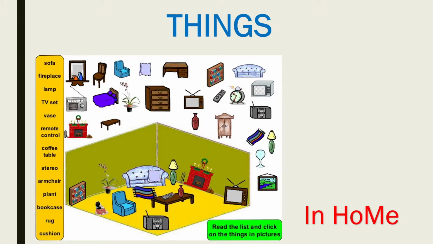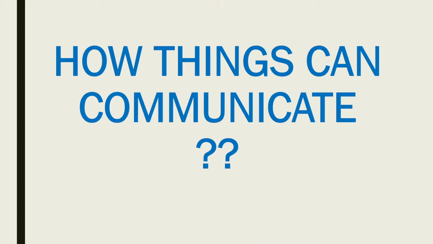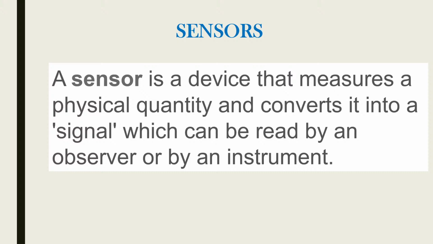Then things in the home and how things communicate: sensors. A sensor is a device that measures a physical quantity. It is a device that can measure a physical quantity and convert it into an electrical signal, like a temperature sensor. For example, if you take one of the most basic temperature sensors, like an LM35, it can